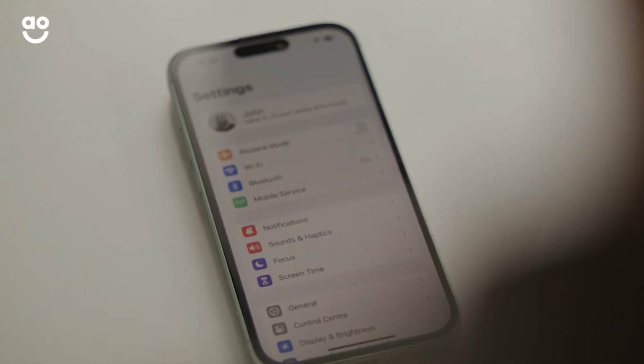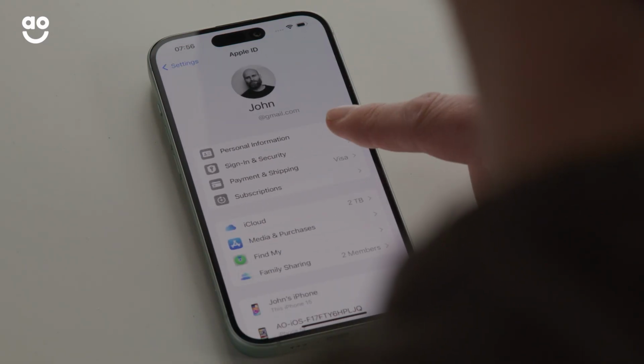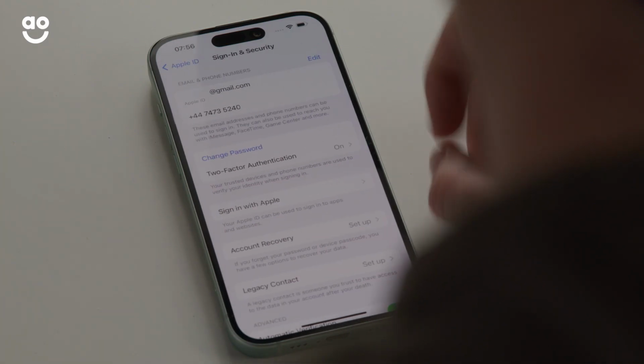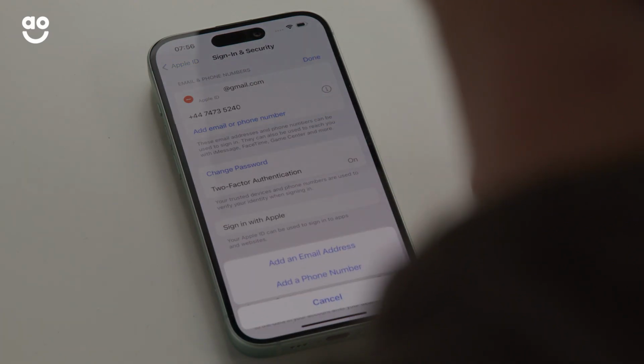So to begin with, we're going to click on Settings, then click on your name. Go into Sign In and Security. At the top, you're going to have email and phone number. Press Edit, and you can either remove what's existing or add a new email or phone number. Click on Add an email address, and once you've got that processed, you'll get an email from Apple asking you